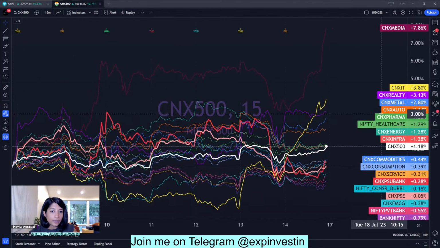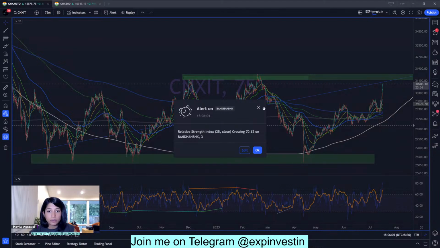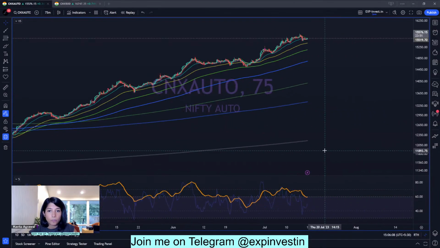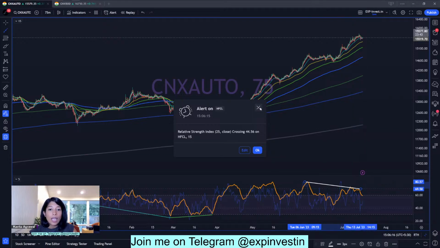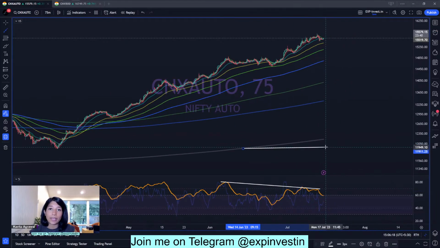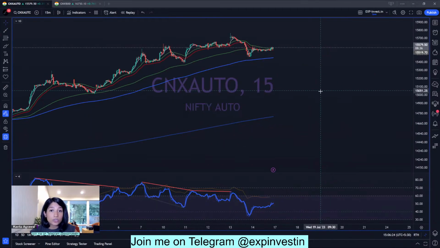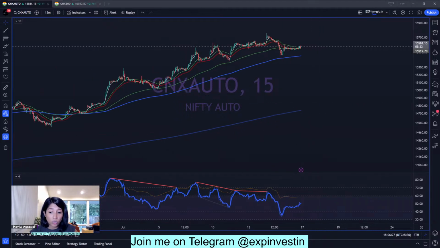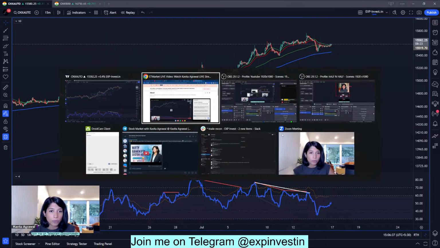Okay, let's take a look at the auto sector, because a lot of people have a lot of questions on the auto sector. The auto sector rally has been very sustainable, a strong uptrend, but a small negative divergence has emerged. In fact, just yesterday on my Telegram channel, I posted for the members that they should be cautious of some of the stocks in the auto sector, especially stocks like Bajaj Auto, because some negative divergences started to form. Bajaj Auto, Maruti, be a little cautious there. If you're holding positions, make sure you have your trailing stop losses open.